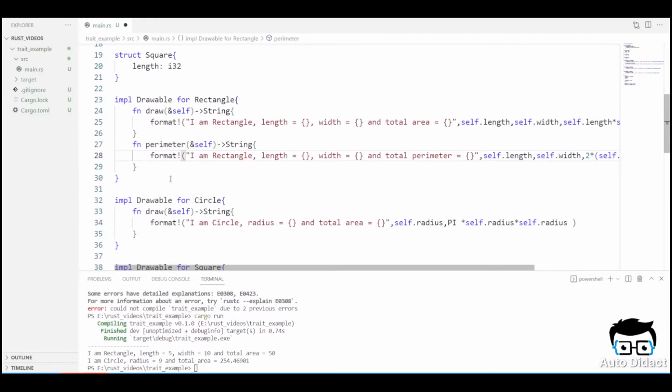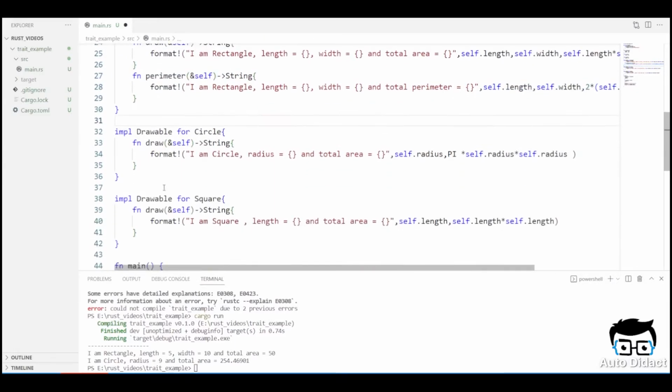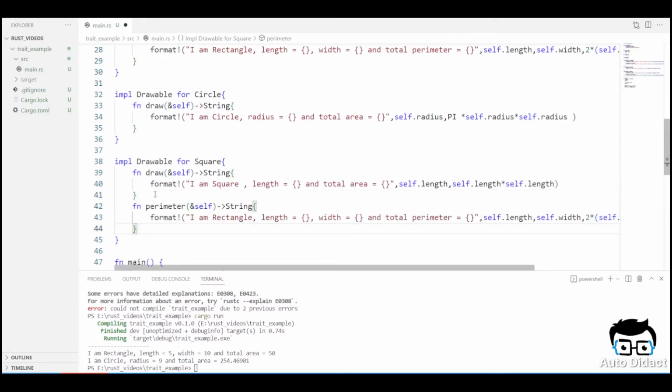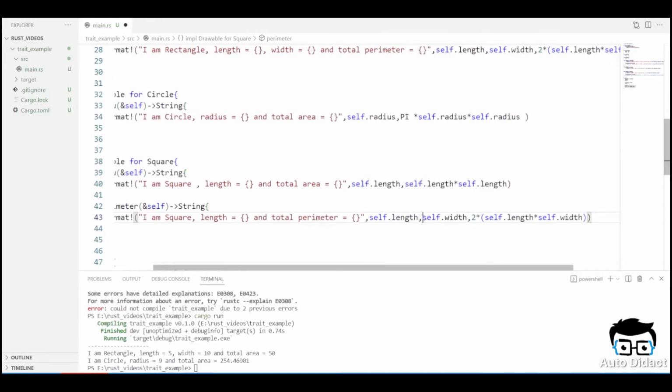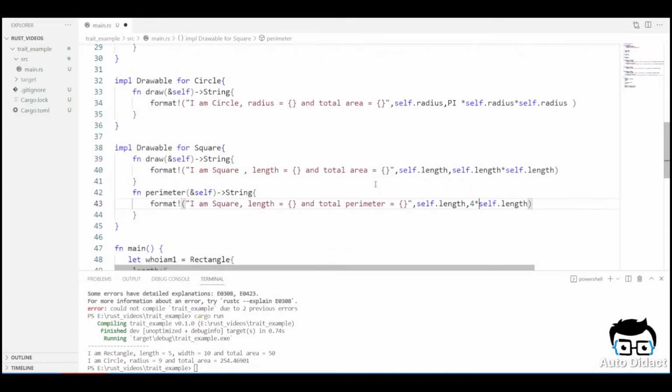Now we are just discarding the circle one, and we are doing the same thing on the square. So it is of a square and having the length which is already known, and the total perimeter of the square is 4 into length. So we can call it as 4 into self.length. Once we save the file,